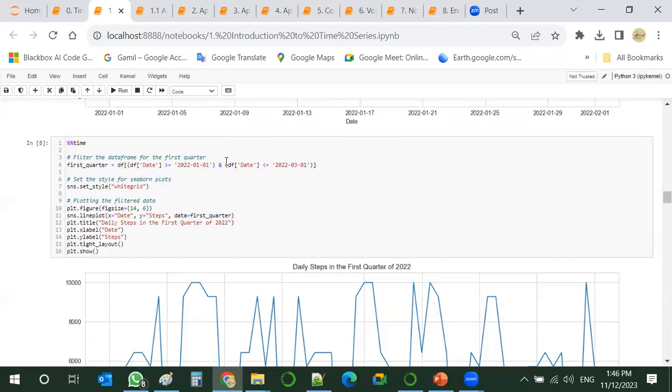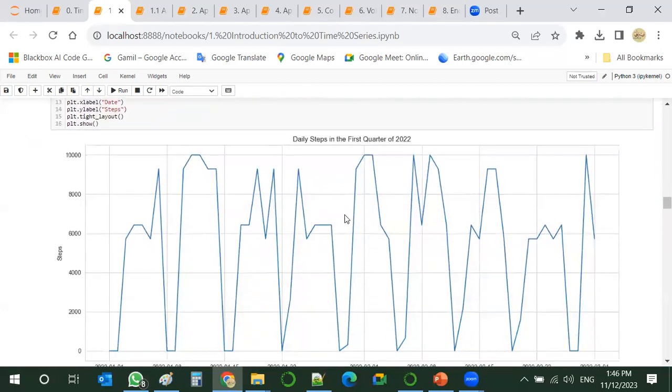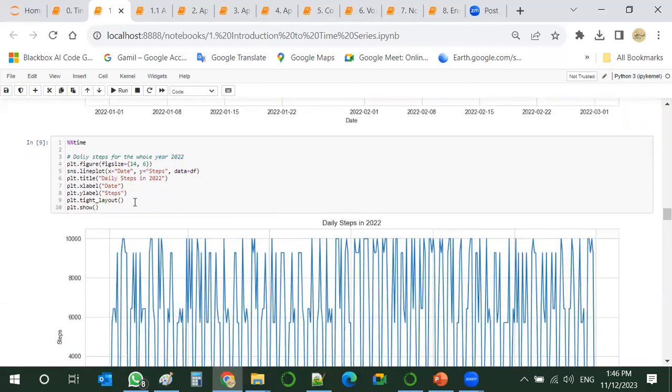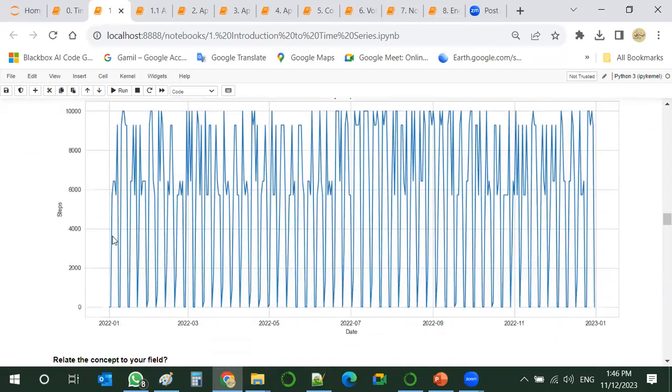So this is the first quarter from January to March, and as you can see, this shape starts to develop and get some complex patterns. And this is the whole year for 2022. So if we kept tracking for the whole year, maybe this is something that we can end up with.